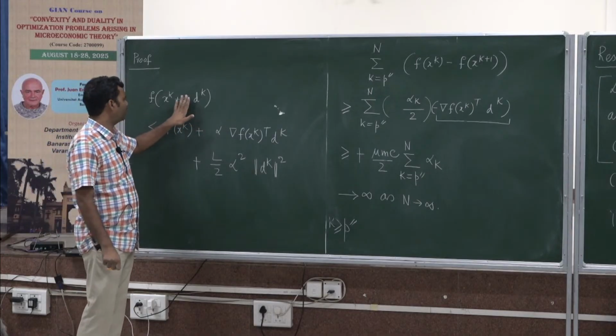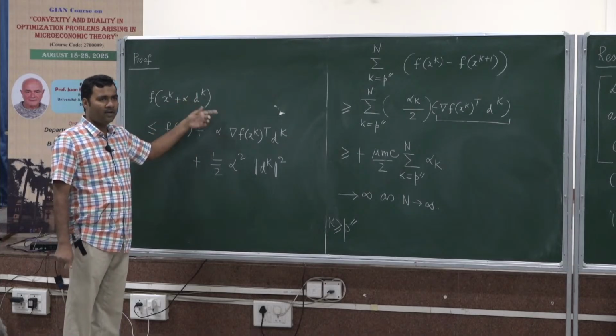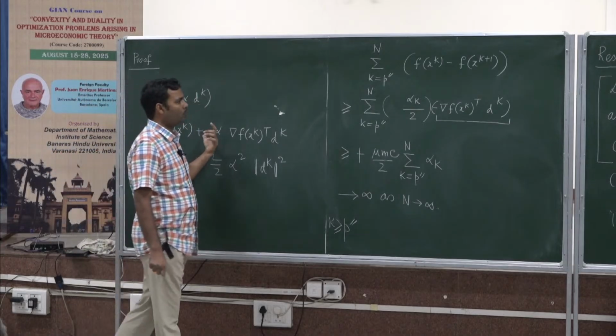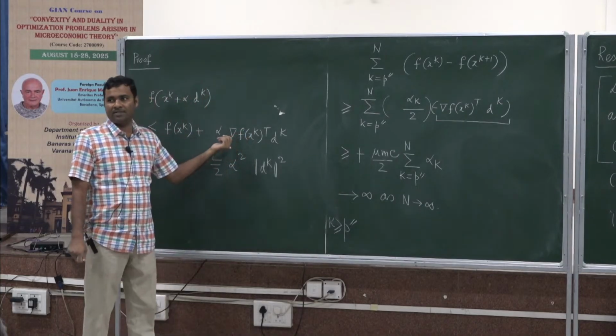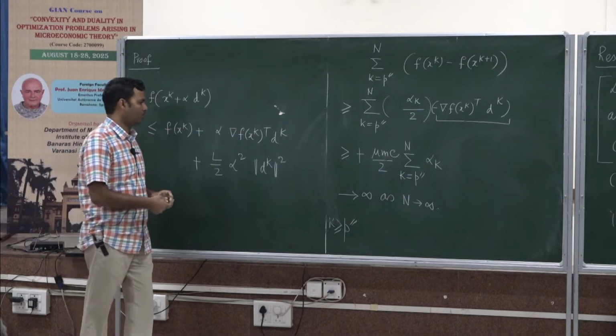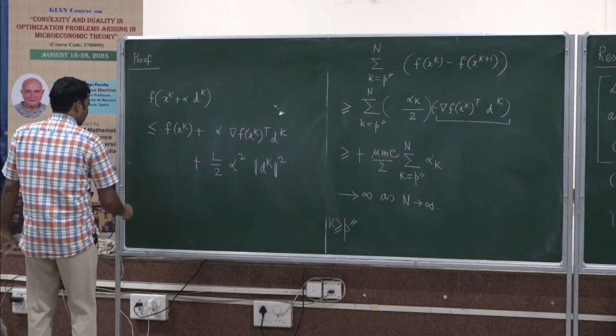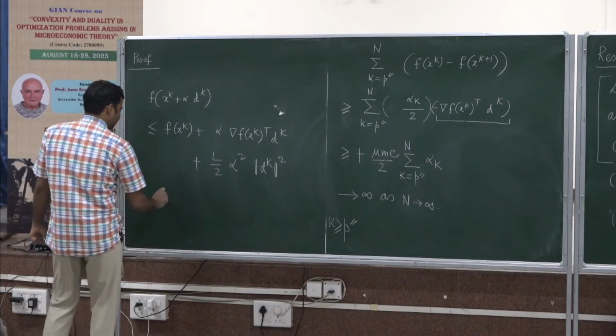For any value of alpha, any value you replace, that does not matter. For any value of alpha, this inequality will be true, and this is a property of a gradient Lipschitz function. If the function f is such that its gradient is Lipschitz, then this inequality is true. If this inequality is true, we notice that by the exact line search rule, the next iterate is taken as